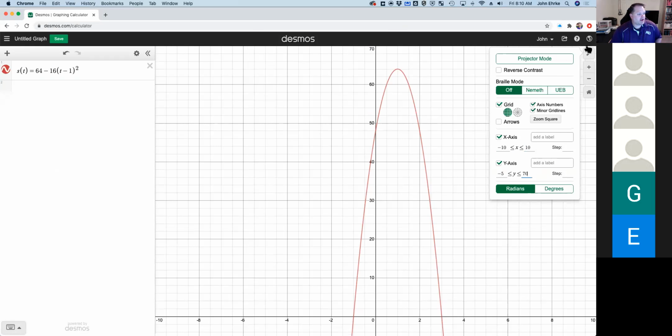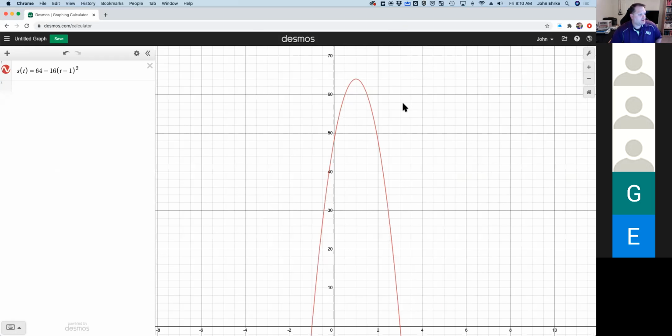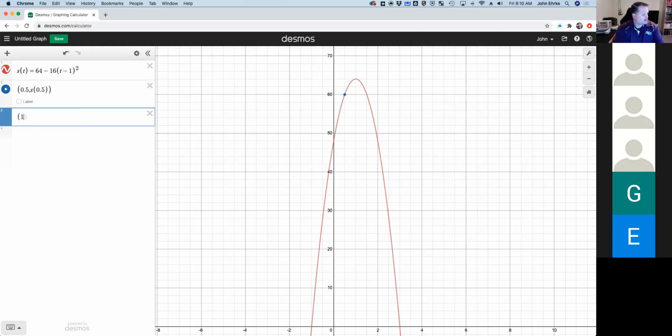So there's my graph. And the points that we're interested in are the points at 0.5 and at 1.5. What you immediately notice about those 2 points is that they are horizontal from one another, so any line which passes through those 2 points will have a slope of 0. So you can instantly see just by looking at it, without even calculating, that it would be a slope of